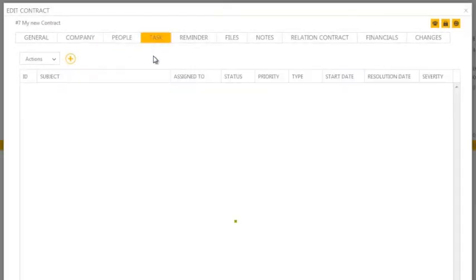Under the Task tab, you're able to define a list of tasks for the contract, such as approval, review, or whatever other tasks might be needed. Under the Reminder tab, you can see any reminders related to the contract, and you're also able to create reminders, for example, a review date, or if you'd perhaps like to be reminded when the contract is about to end